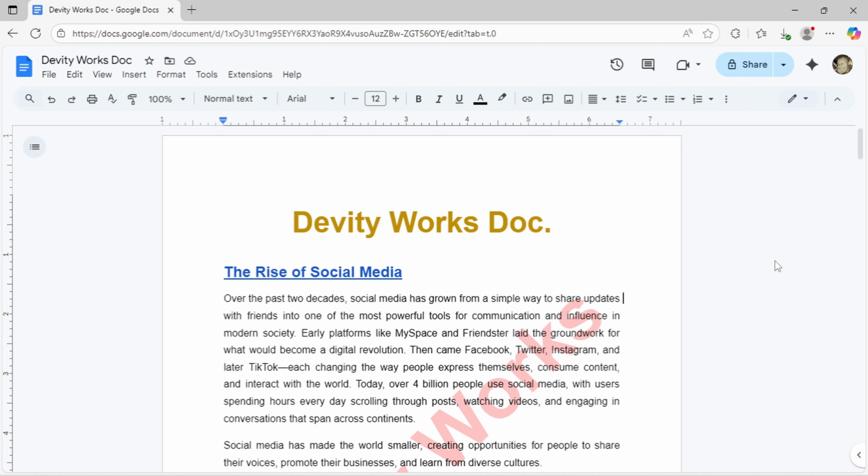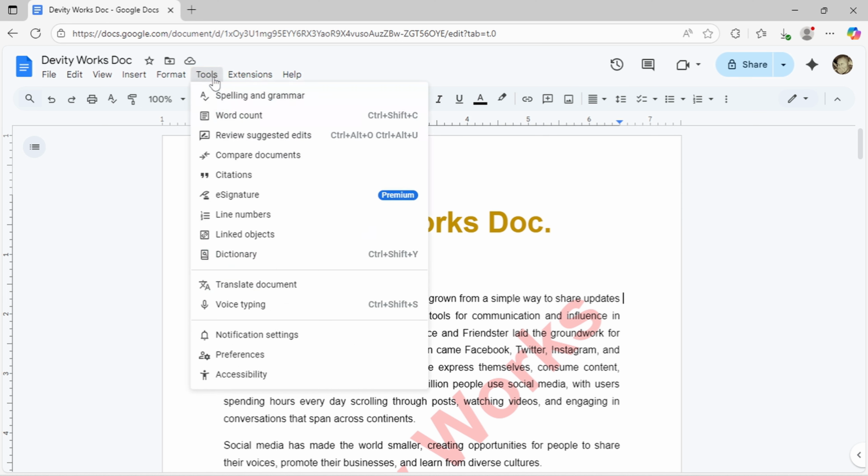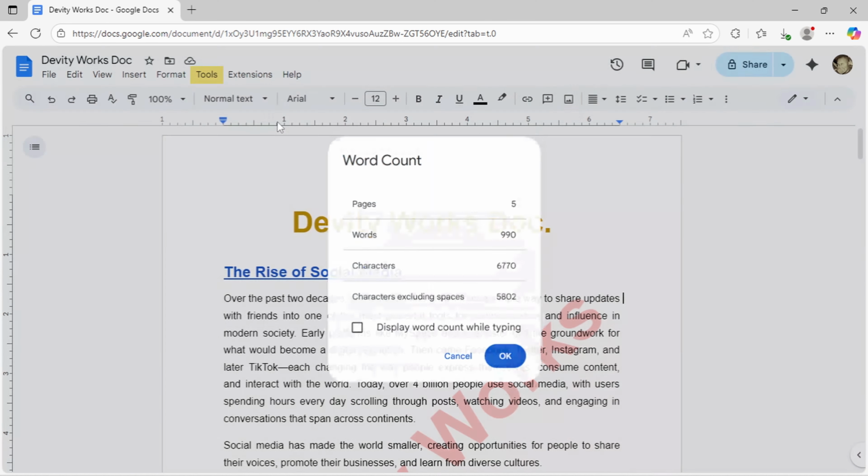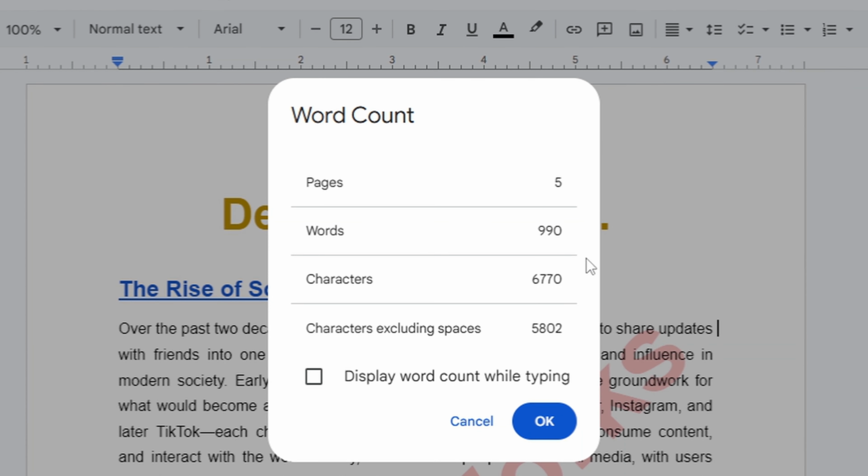The most straightforward method is through the Tools menu. First, open your Google document, look at the top menu bar and click on Tools. From the drop-down menu, select Word Count. A dialog box will instantly appear showing you total word count, character count, with and without spaces, and number of